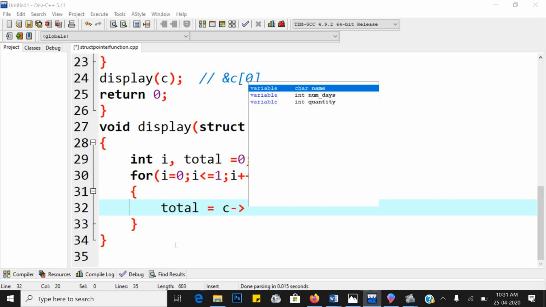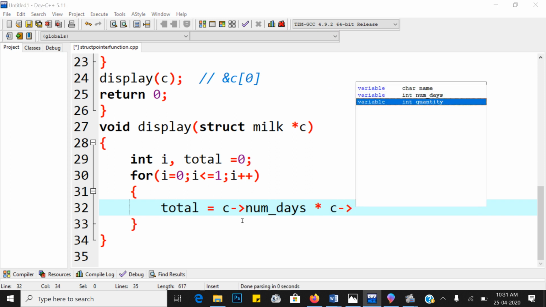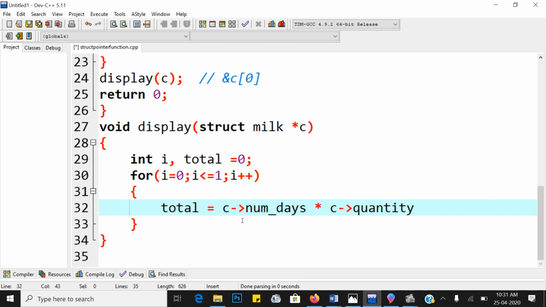Because to access the data members of a structure using a structure pointer type variable, use the arrow operator. So we take c->number_of_days * c->quantity * the fixed rate per liter of milk, 50 rupees. That gives you the total bill.